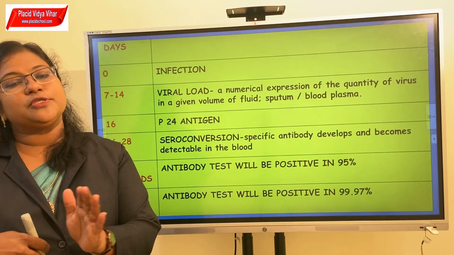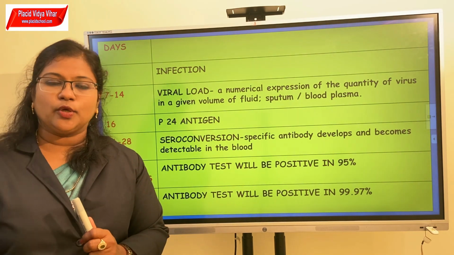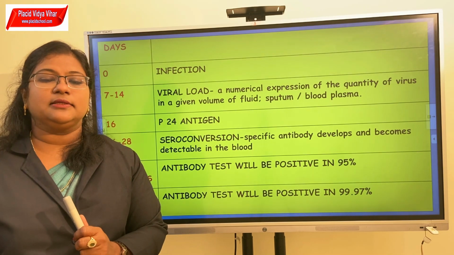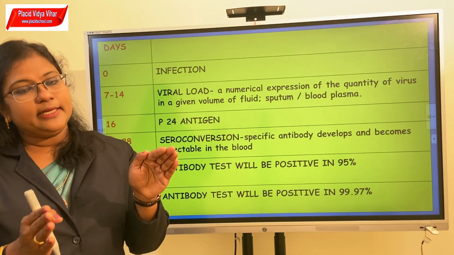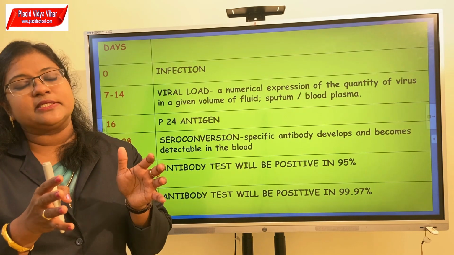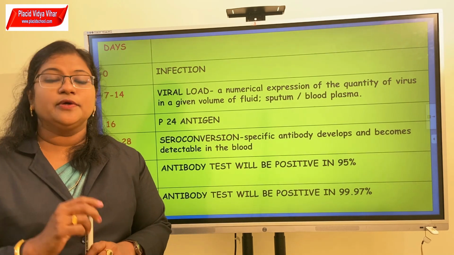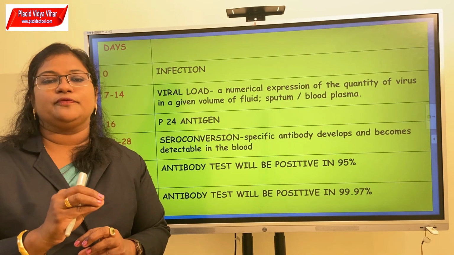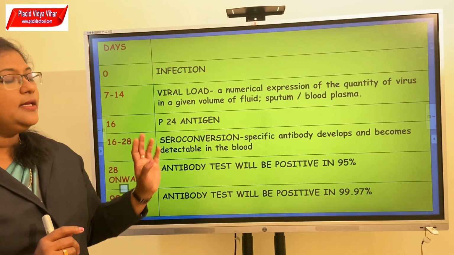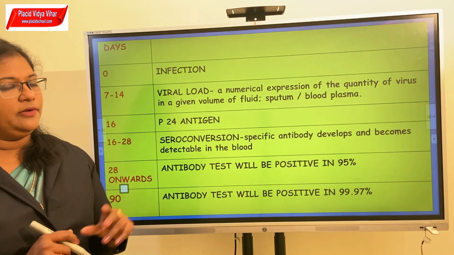It happens in 7 to 14 weeks, after which the P24 antigen levels will normally drop down and will peak later in the infective stage. We cannot be sure when it will peak again, but the high peak will be there. That is, P24 concentration will be high during the initial stages of the HIV infection. Also, the provirus will be there in the infected cells like those of macrophages or T helper cells. Then on the 16th day, usually the P24 antigen will have a high level.